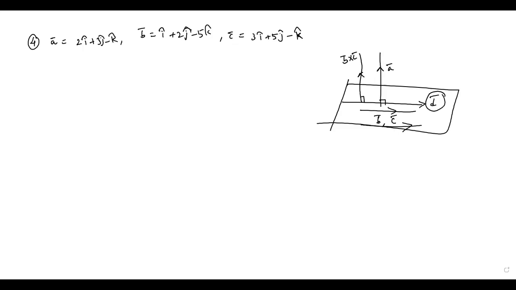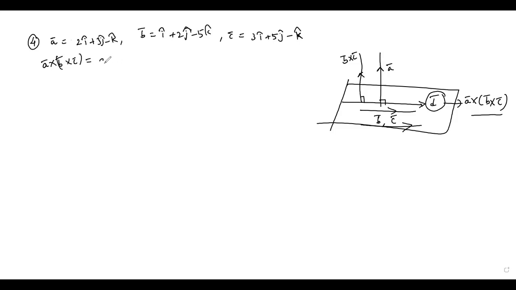Now here what happened, A bar and B bar cross C bar are both parallel now. When this cross product again becomes perpendicular to this vector, that's why along this vector, which vector is passing? A bar cross of B bar cross C bar. Now the required vector which is perpendicular to A bar and contained in the plane of B bar and C bar is A bar cross of B bar cross C bar. Okay, that one we need to find out in this case. Directly also we can do A bar cross of B bar cross C bar. Now that is the required vector we need to find.